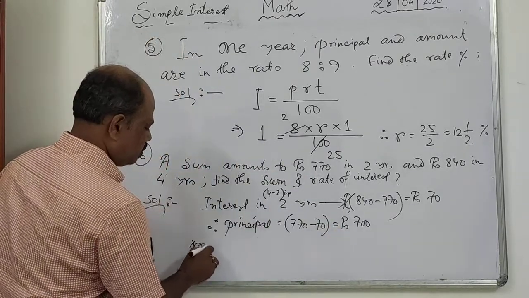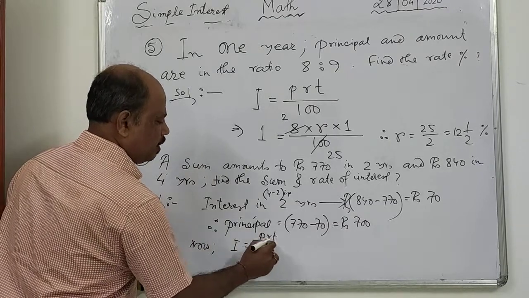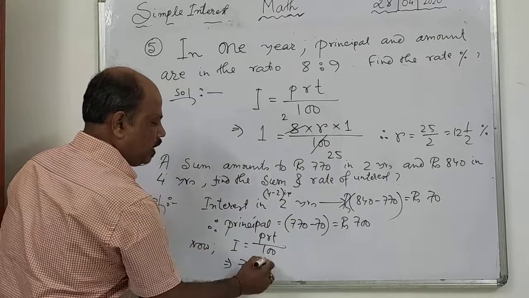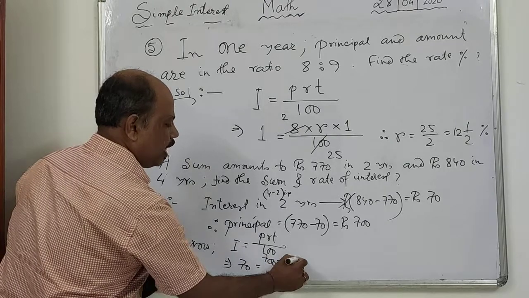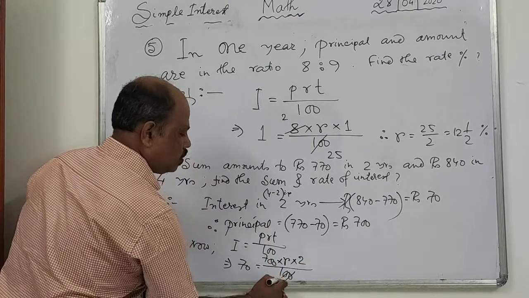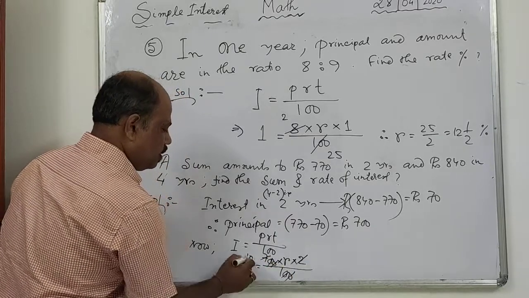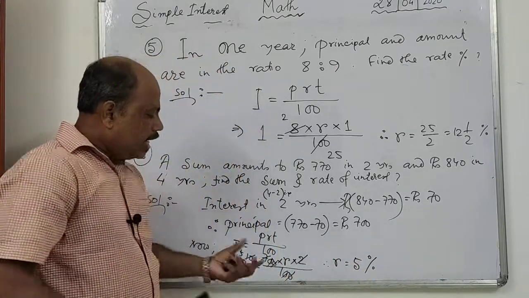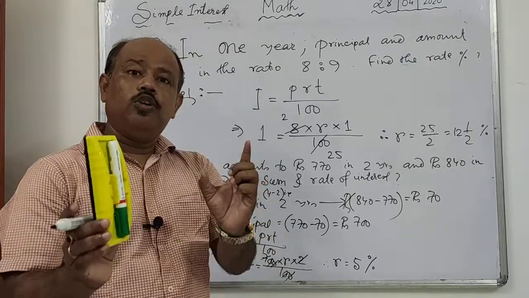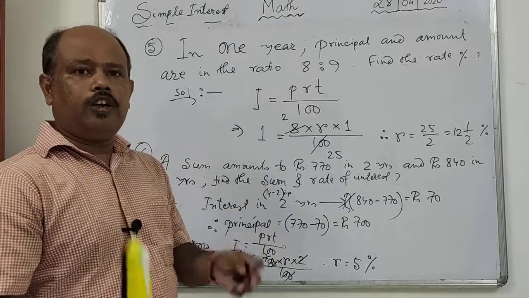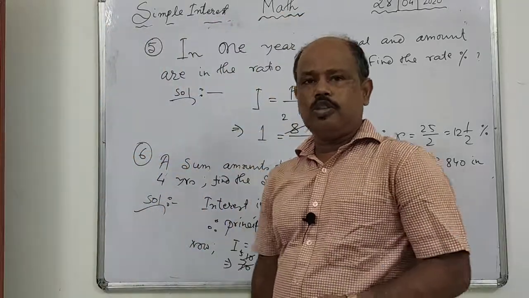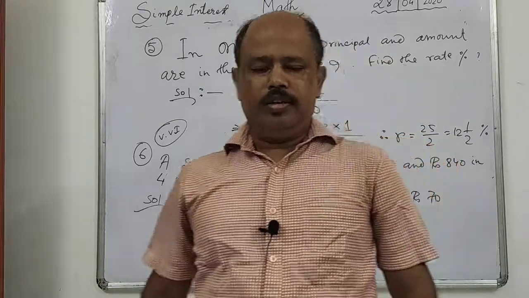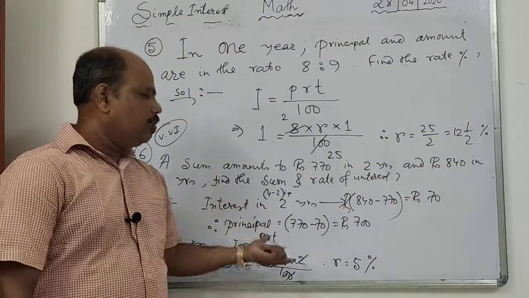Now using I equal to PRT by 100, put in place of I is 70, in place of P is 700, and rate we don't know, time is 2 years by 100, 0 0 cancel, 7 10s are 70, 2 5s are this, therefore rate percent equal to 5%। এই ক্যালকুলেশনটা তোমরা বাড়িতে ভালো করে কপিতে লিখে মেজে রাখবে, তাহলে ক্যালকুলেশনটা আরো ক্লিয়ারলি করতে পারবে। তাহলে ভিভিআই কোশ্চেন নাম্বার 6 আমরা দেখলে এই ম্যাথসটাকে কিভাবে সলভ করলাম।